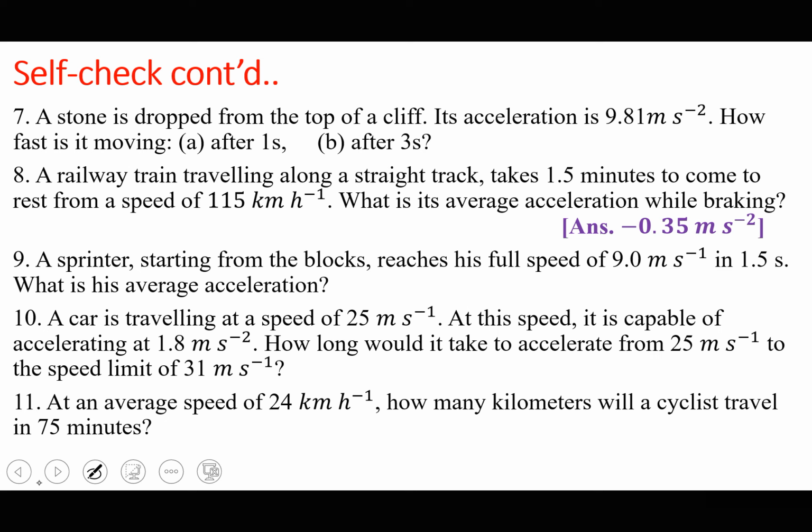A stone is dropped from the top of a cliff. Its acceleration is 9.81 meters per second squared. How fast is it moving after 1 second? So remember, this statement means the speed increases by 9.81 meters per second every second. So after 1 second, it is going to be 9.81 meters per second. Then after 3 seconds is going to be 9.81 times 3, which would be